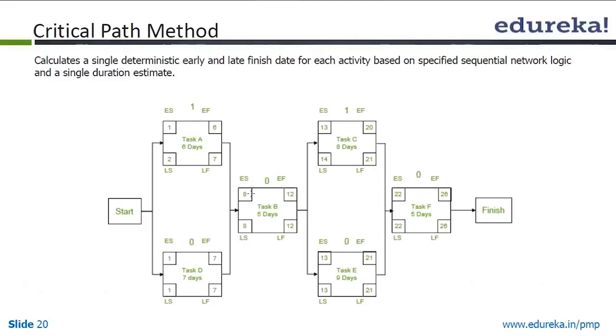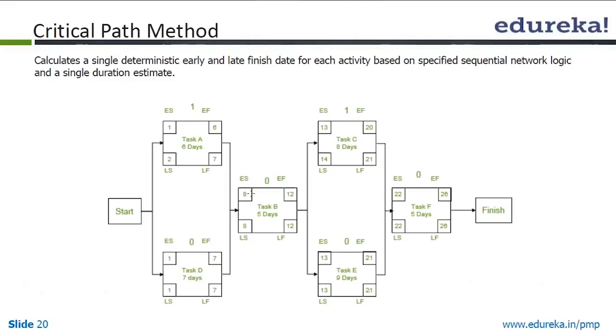So late start is 8. Again 8 minus 1 is 7. 7 is put as late finish for both task A and task B. So 7 minus 7 plus 1 is 1, whereas in task A, we have 7 minus 6 is 1 plus 1, 2. So once you do that, we have completed our forward and backward pass.